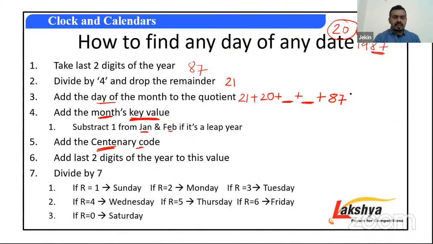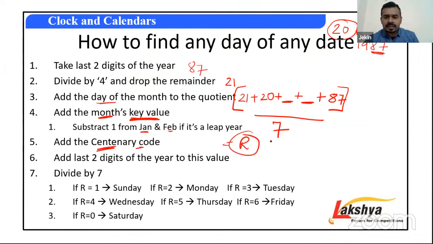Last two digits of the year. Next, you need to divide all of this by 7. So obviously you will get a certain remainder. What can those remainders be? Either the remainder can be 1, 2, similarly until 6, or if it is completely divisible, the remainder will be 0. Okay. Now if your remainder is 1, by the standard method, that day is always